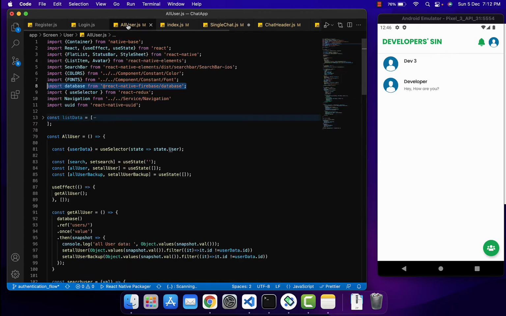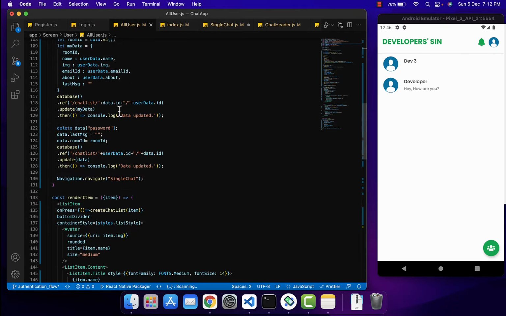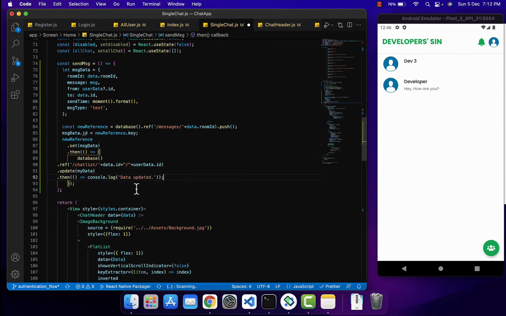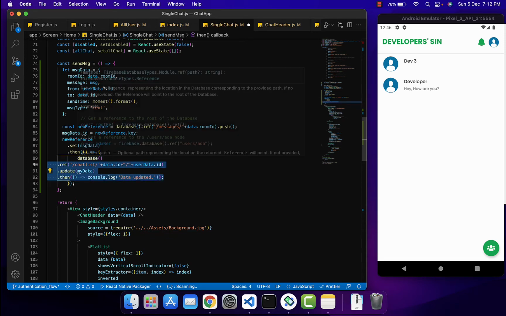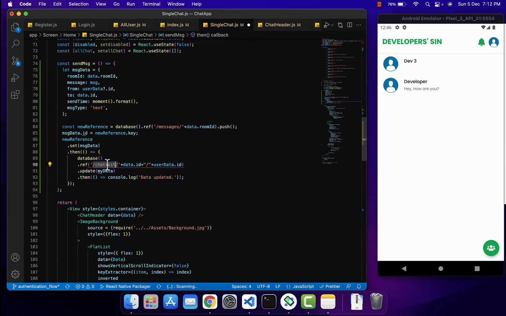Inside the all user screen, we definitely have that piece of code, where we update the message. So if you copy that one, come here and paste this particular piece of code, we are updating the chat list based on the ID. So data.id is the receiver ID, and inside the receiver ID we are updating the chat of that particular user that we are sending the message to. And now you also need an